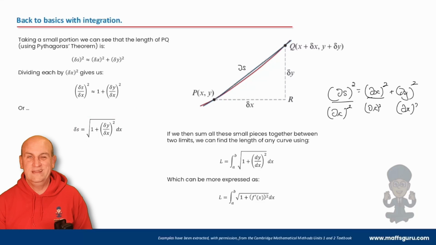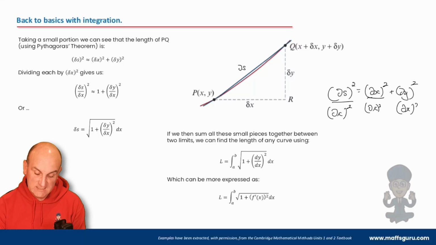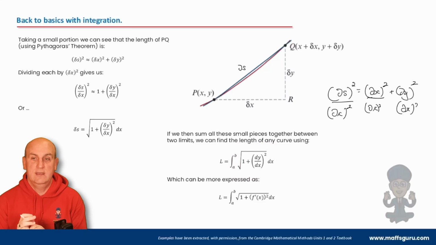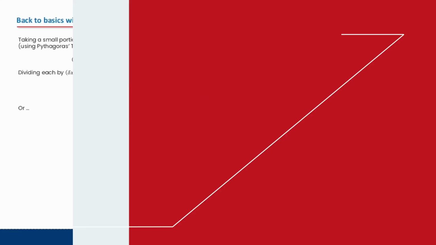Now, wouldn't it be great if we had a way of making that distance smaller and smaller and smaller? Oh yeah, we have. Because what we can now say is that it is the square root of 1 plus dy by dx all squared, times dx. But I want to sum all those little bits together between limits, because that's what